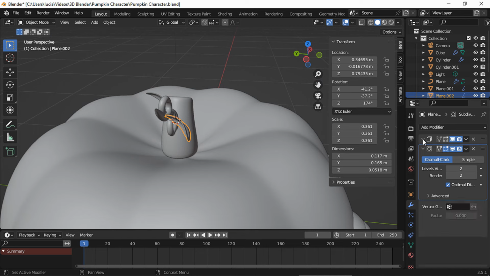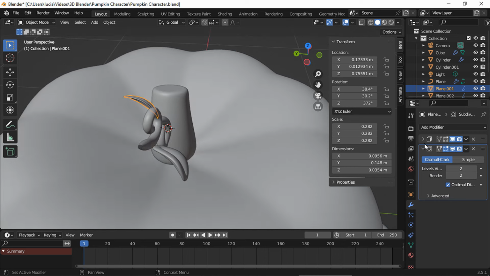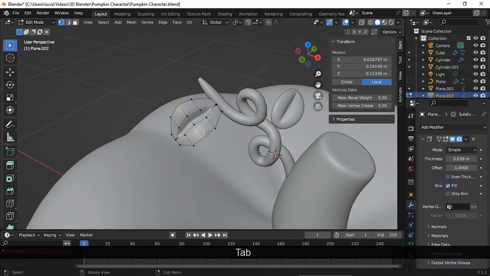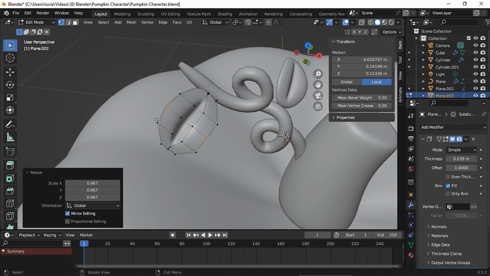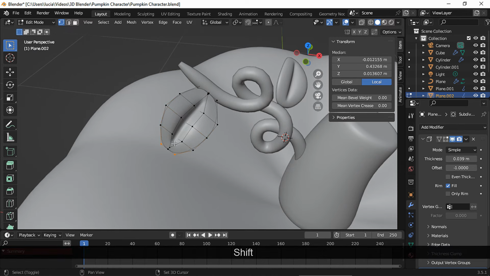I feel the lips would look more stylized if they were a bit thicker. I changed the offset to -1, I think that looked better, and do the same with the other one. I scaled some vertices again until I was happy with the shape, and I moved them a bit.